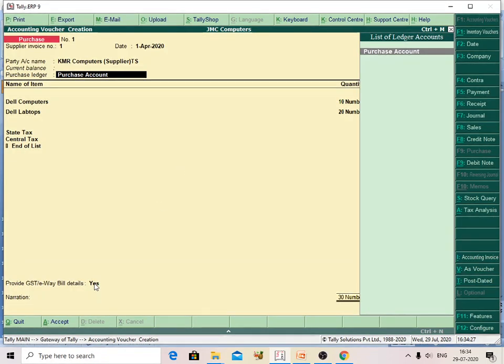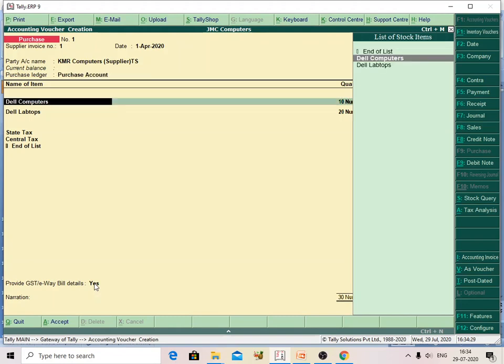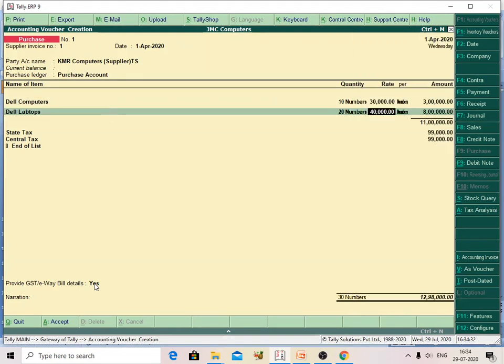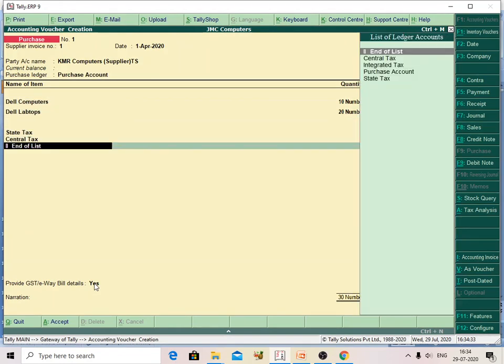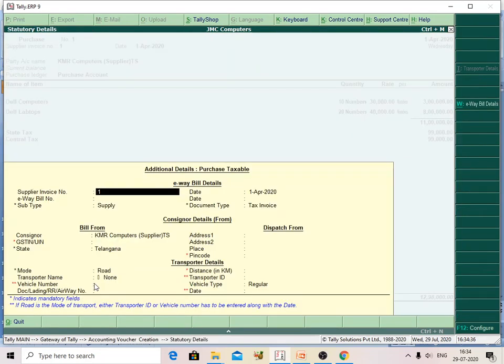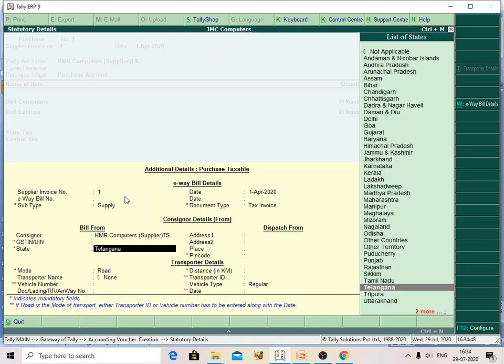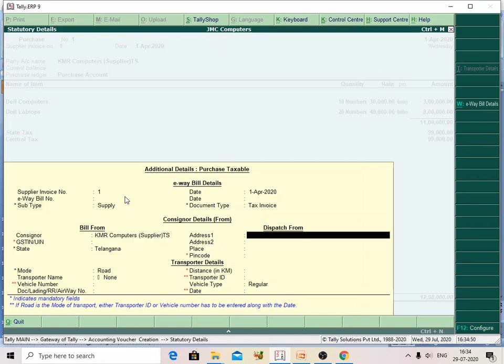here if you say yes, it is the e-way bill details. So e-way bill details has supplier number, date of invoice, bill from, dispatch from, and what is the mode of transportation?